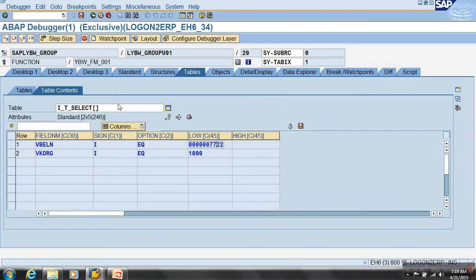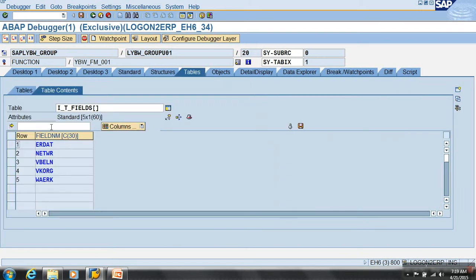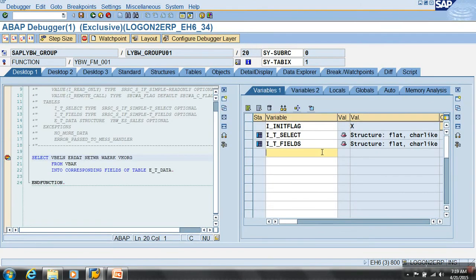Selections, I_T_SELECT, it's got those fields. Data source has got my data source name. Max is 100.